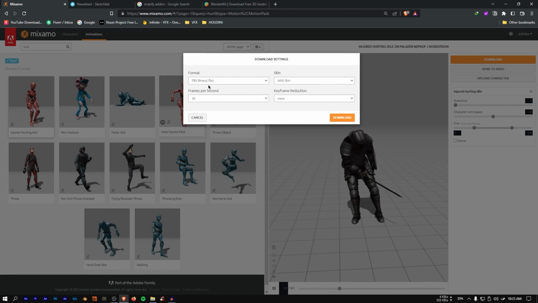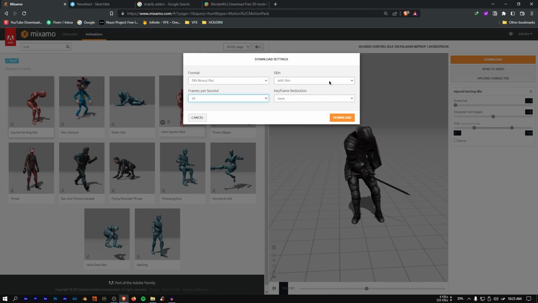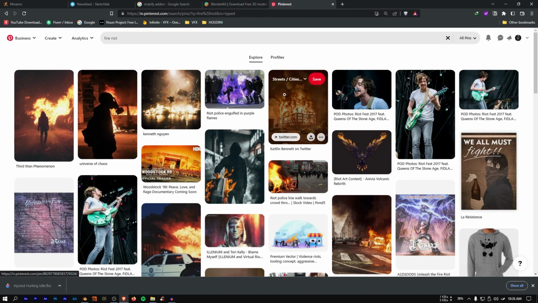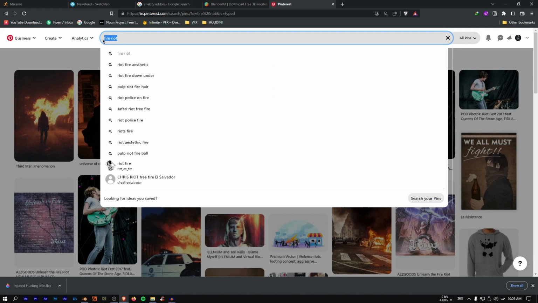And let's download our model. See that the frames per second is 24 with skin, everything fine. Download. Now before starting off, how I started was I had gone to Pinterest and I just searched for fire